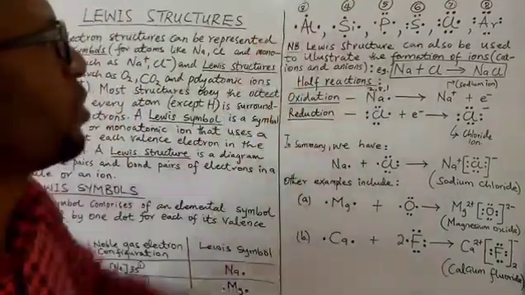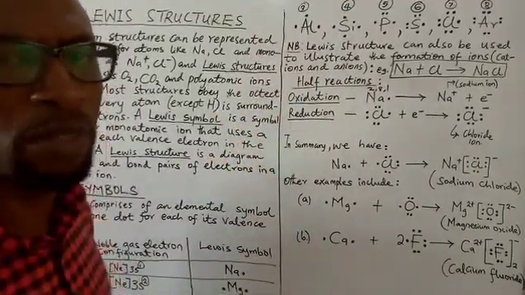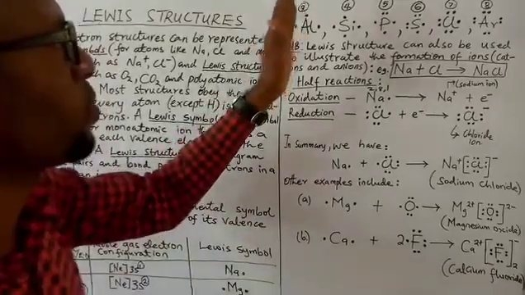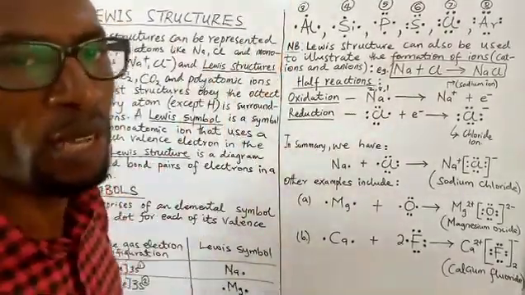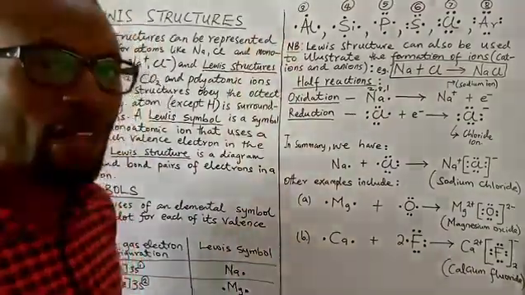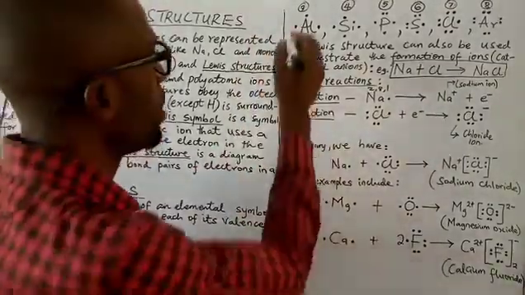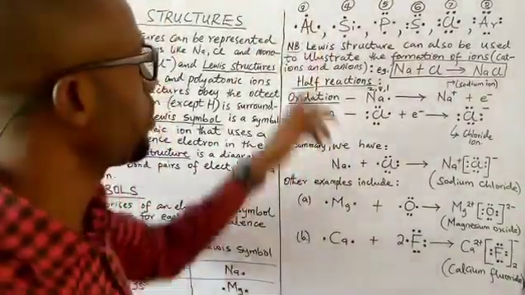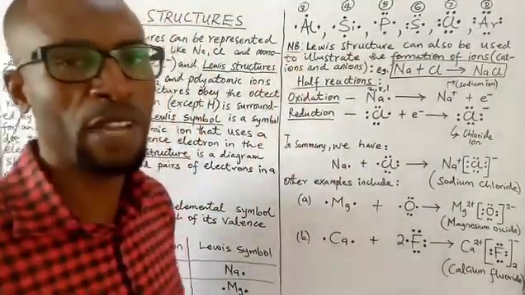So this becomes the Lewis symbol of magnesium. Again, for aluminium, it has 3 electrons in the outermost shell, which ultimately corresponds with the number of the group where it belongs in the periodic table. Aluminium belongs to group 3, so we're expecting aluminium to have 3 electrons in the valence shell. For the Lewis symbol, we have 3 dots representing the group number, or that same number of electrons in the valence shell.